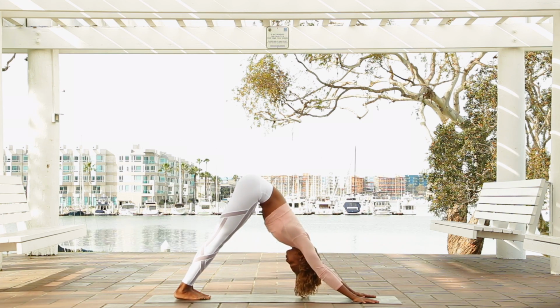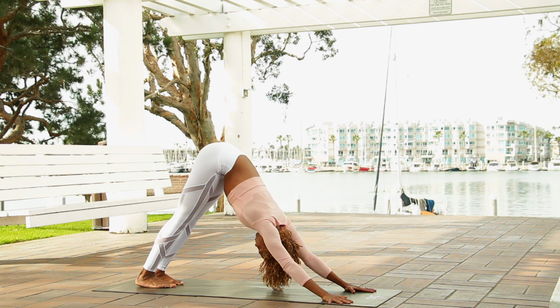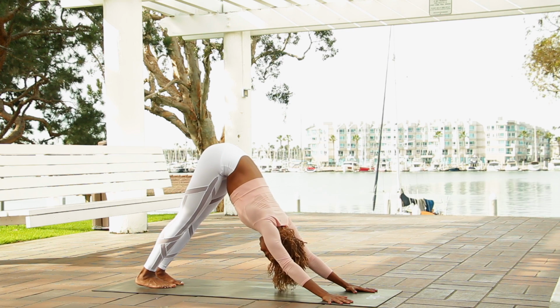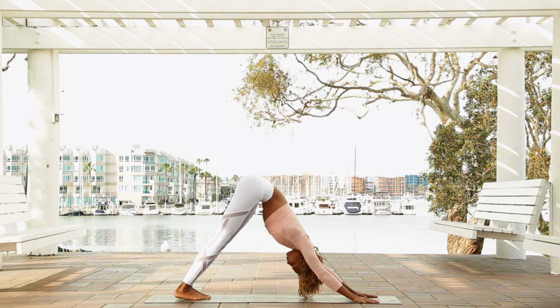So moving with the breath is the goal here. So even if you can't keep with my count, just make sure that you're breathing in and out. It will get better and better each time you practice. Take a deep inhale